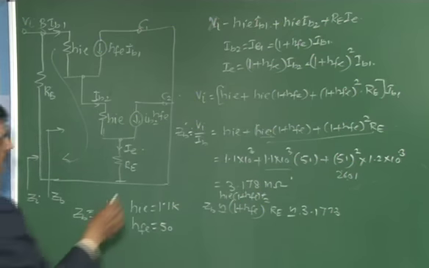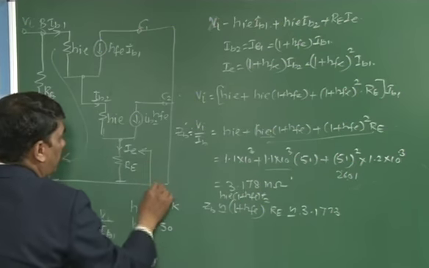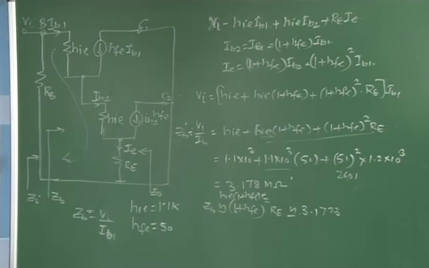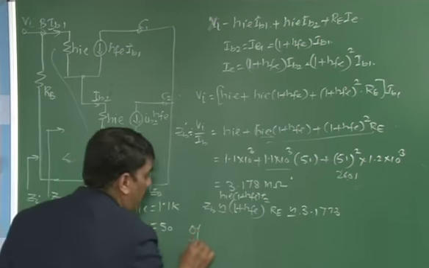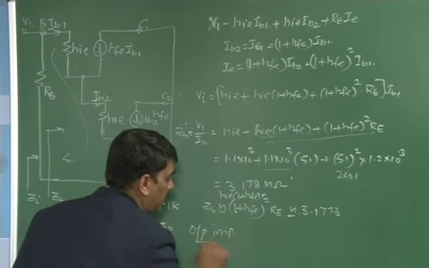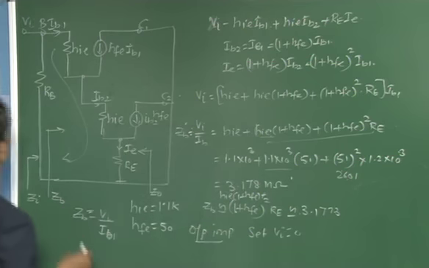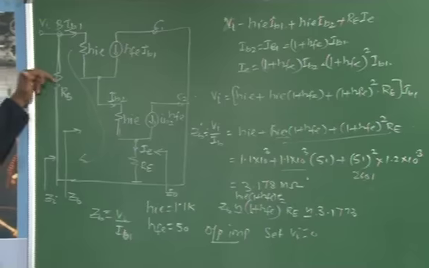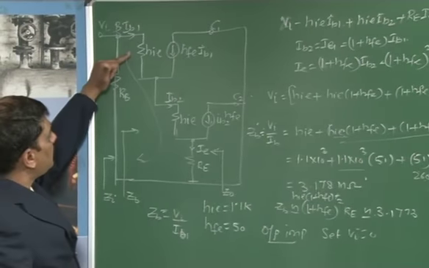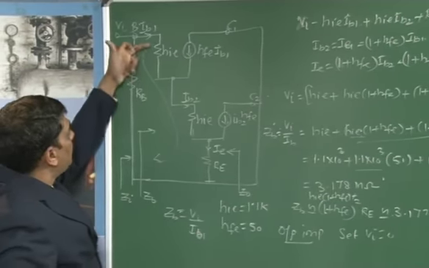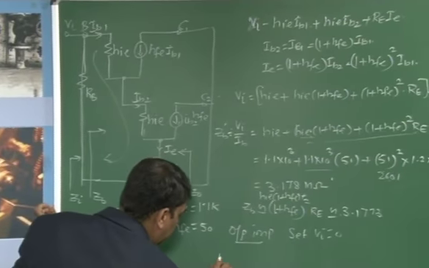Similarly, we need to calculate the output impedance when you are looking into this point. For the output impedance Z0, you have to set Vi equal to 0. When Vi is equal to 0, this acts as a short circuit. When this point acts as a short circuit and you are looking into this point, this terminal looks like HIE